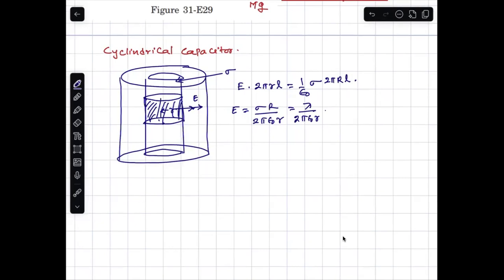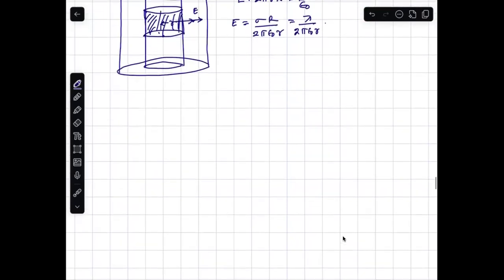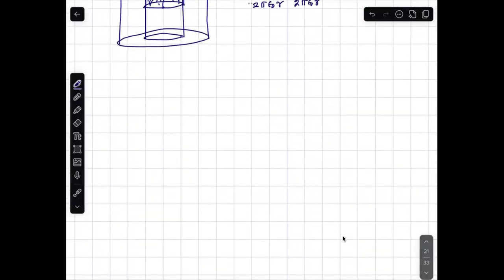Lambda stands for charge per unit length. Right. Now the question is, now you take a cylindrical conductor whose radius